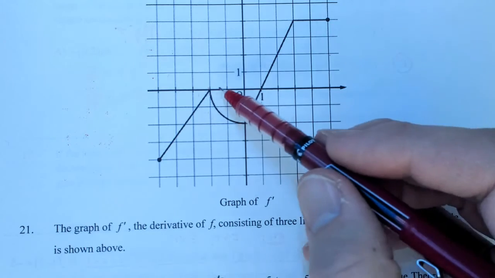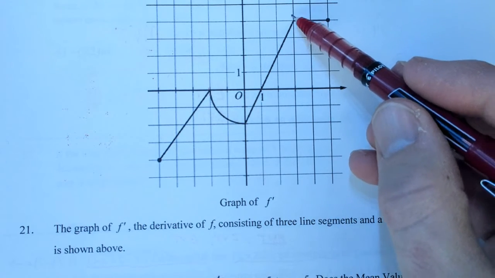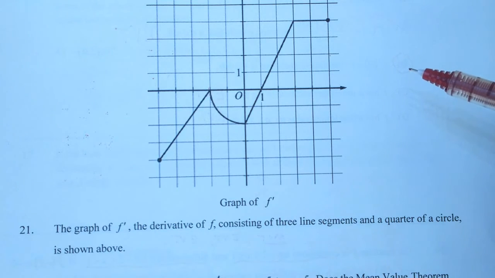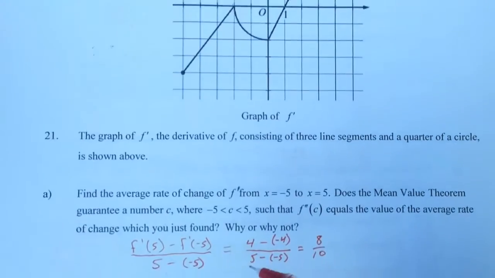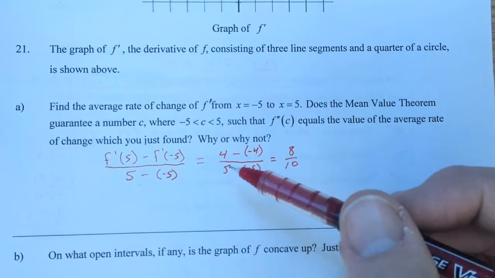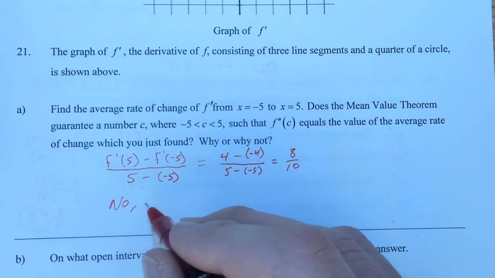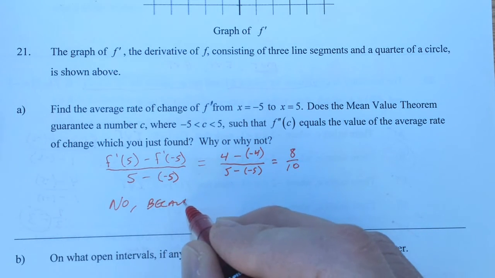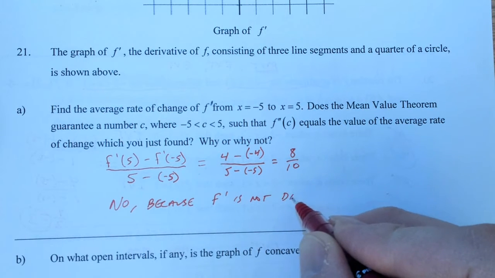Well, f prime is definitely continuous, as we can draw the entire graph without taking the pen off the paper. However, we have not one, not two, but 3 points along f prime where f prime is not differentiable because of either the cusps or the corner. So that is a huge issue here. So we're going to say no, and it says why or why not. Because f prime is not differentiable,